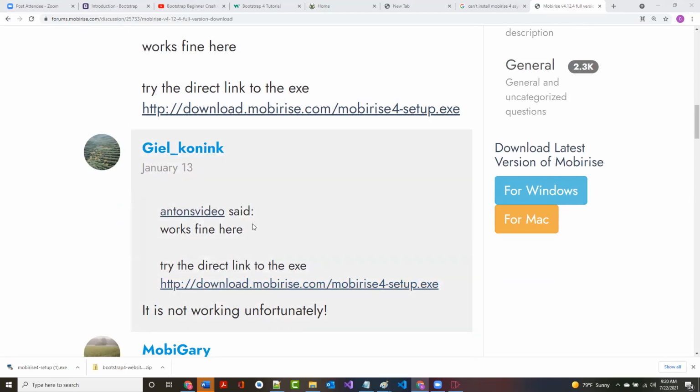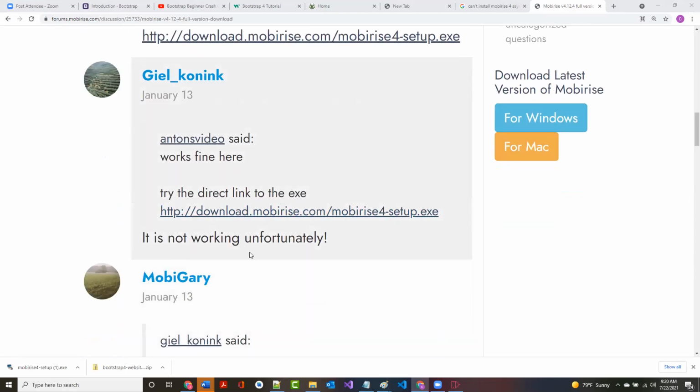All right. And like it says on here, it's not working, unfortunately. Now, I just want to say a couple things, and that is, this is a really nice product and it's free. The only time I ever get any emails from them, I probably got one a couple months ago saying that MobiRise 5 was available, and it might have just went into my spam folder. All right. But the point is, they don't send you a lot of emails. There's nothing for you to sign up for. It doesn't cost any money. However,